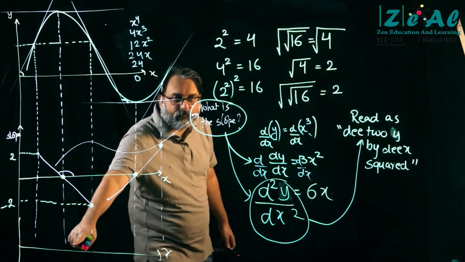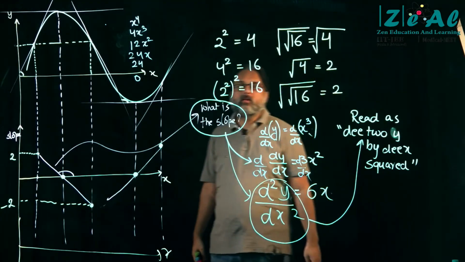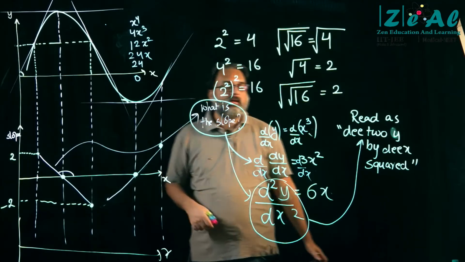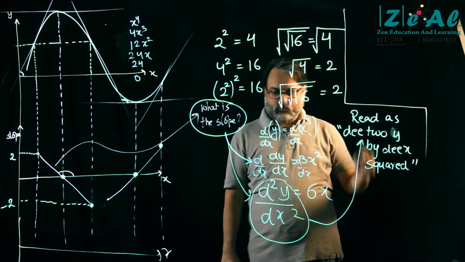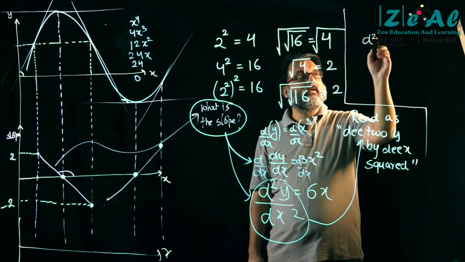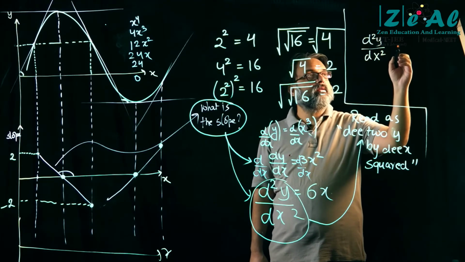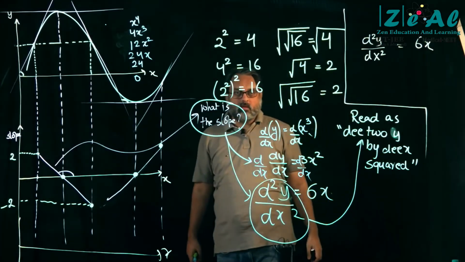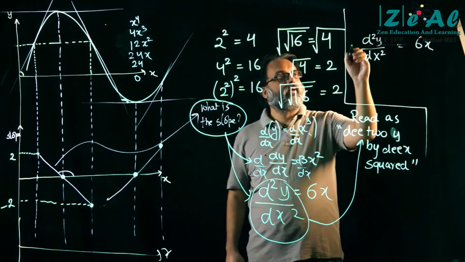So यहाँ का जो slope होएगा वो क्या होएगा? Physically, जो यहाँ का slope होएगा वो क्या होएगा? That will be another time that I will apply d by dx of this thing, right? So let me write it here. I hope I have space. So we have d2y by dx square is equal to 6x. Right? So I am going to apply d by dx again. d by dx again.